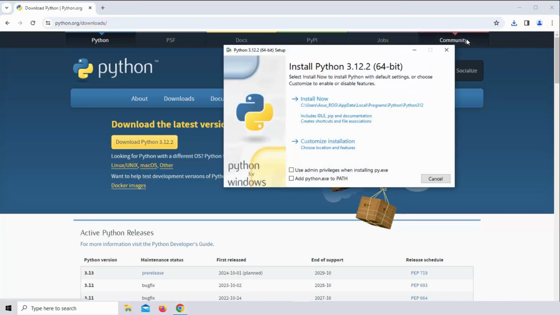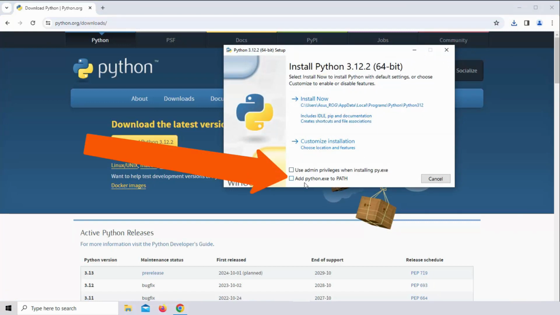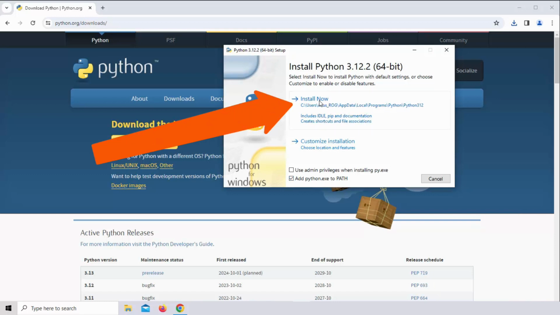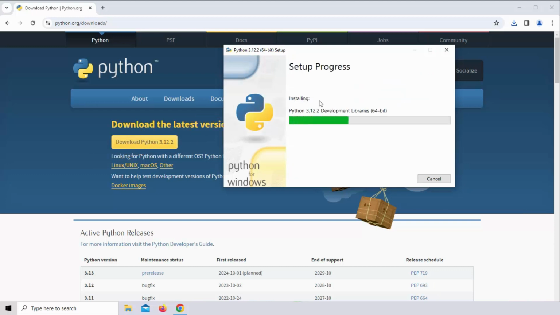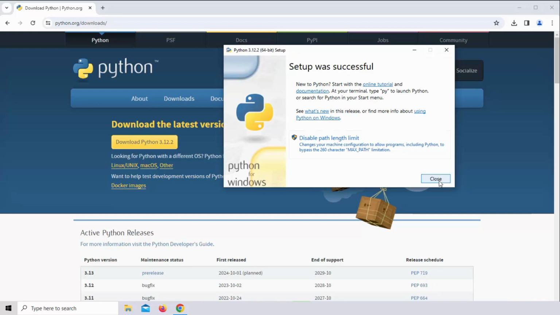Normal installation with just one little difference right now. It says "Add python.exe to PATH," and that's what we really want to do. Because if we don't do that, it's possible to do it later on, but it requires some knowledge, whereas we can just click that button and that's it. We don't have to worry about anything later on. So once you have that ticked, we can just follow the standard installation process for Windows. I click install now, then just close.